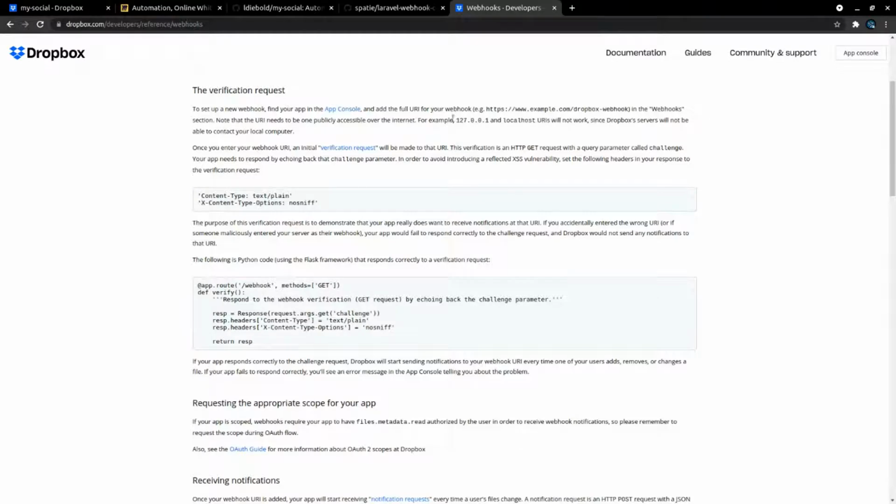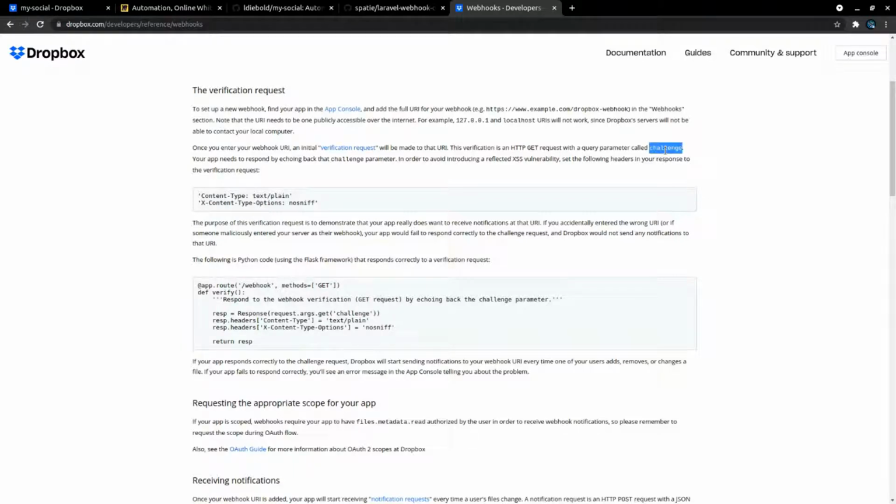Once you enter your webhook URI, an initial verification request will be made to that URI. This is the problem I was talking about before, which is why we need to have it on a public IP. This is the part that I need to think about now. Probably would be best to use UUIDs for your use cases. Yeah, I probably should start using UUIDs. There are some situations where they're much easier, especially if you want to set an ID on the client side so that you can deal with the data earlier on.